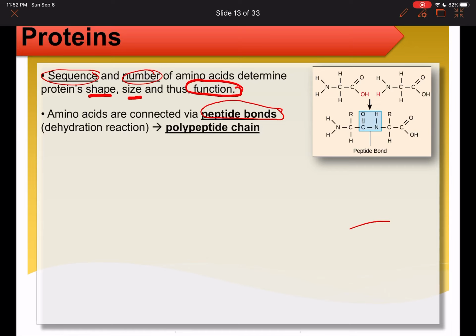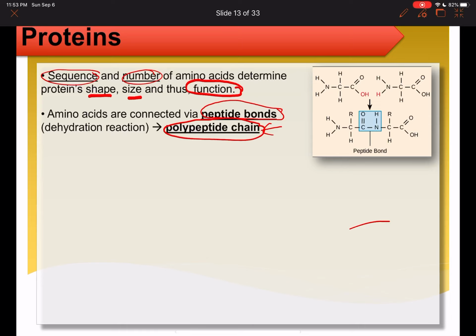When multiple amino acids come together, they will form a peptide chain that we call a polypeptide chain. Remember we said how monomers come together in forms of polymers, and we talked about carbohydrates being formed by monosaccharides forming polysaccharides. So for proteins, amino acids can come together to form a polymer called a polypeptide chain. All right, so same thing across the board. Whenever you have formation of a bond, it's called a dehydration synthesis reaction, and you are removing a molecule of water